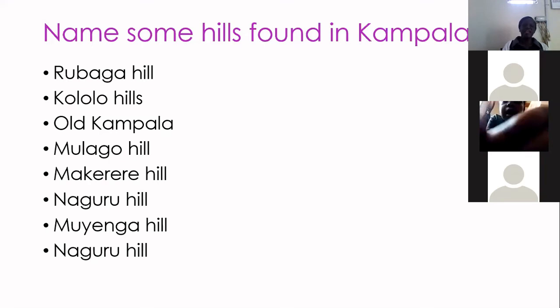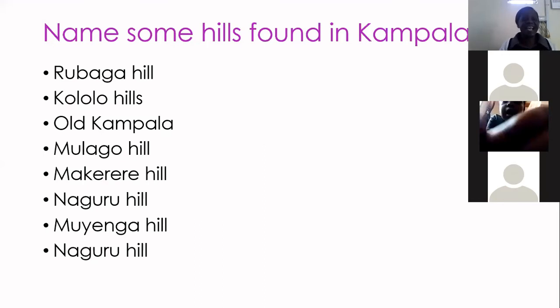We are saying in Luvaga Hill, what do we find in that hill? In Luvaga Hill, we find the Luvaga Hospital. That is the most important thing found there. Kololo Hill, we find the Kololo airstrip. I think we have ever gone to Kololo airstrip, most especially when NRM is celebrating something very important. We normally go there for our celebrations. Independence is coming soon. On October 9th, we shall be celebrating our independence and you shall be in Kololo.